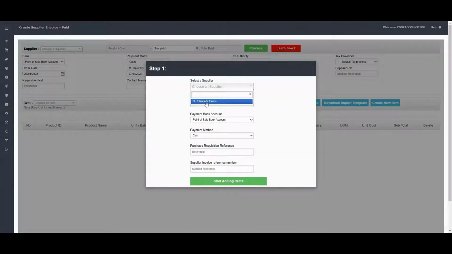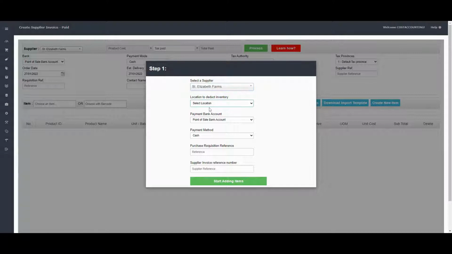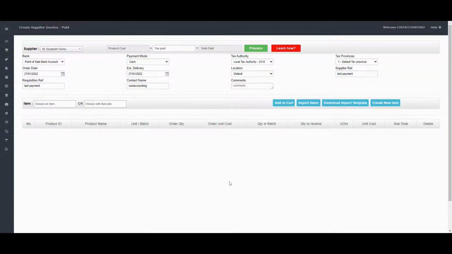We'll select the supplier, the location where the inventory will be stored, the payment account, the payment method, and we'll just simply add a payment reference. For now, we'll just be adding a test payment. So this is a demo CBD company, and we'll be showing you how to process the supplier invoices for this company. So as example here, we'll be showing CBD oil